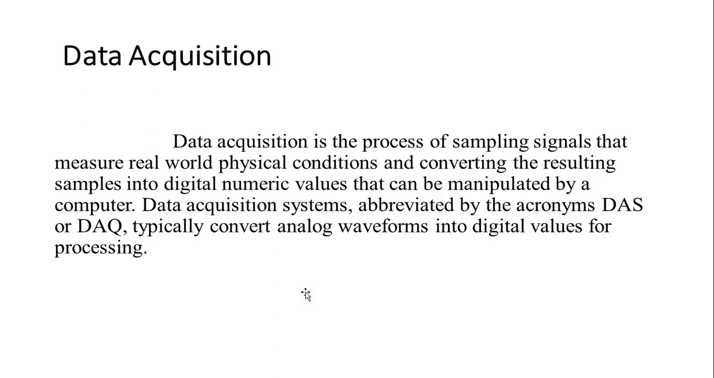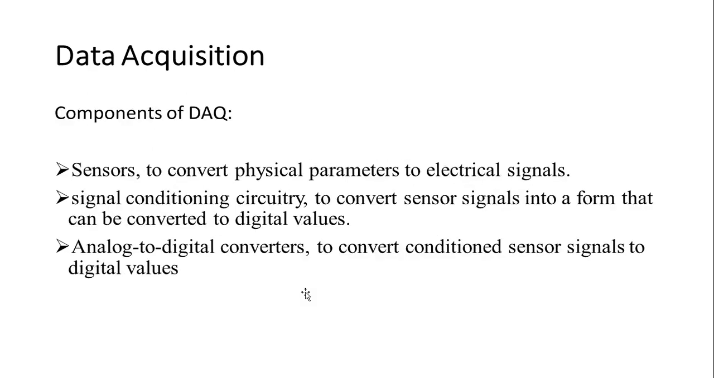The components of a data acquisition system are sensors, signal conditioning circuitry, and analog-to-digital converters. These are the three components of a data acquisition system. Sensors are used to convert physical parameters to electrical signals, and signal conditioning circuitry converts sensor signals into a form that can be converted to digital values. Analog-to-digital converters convert the conditioned sensor signals to digital values. Data acquisition applications are usually controlled by a